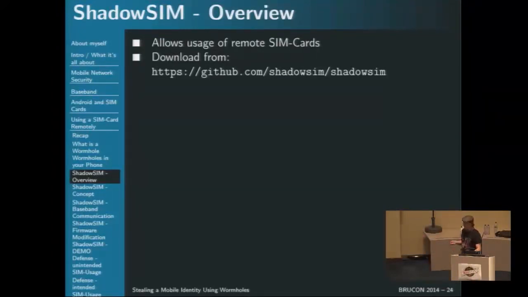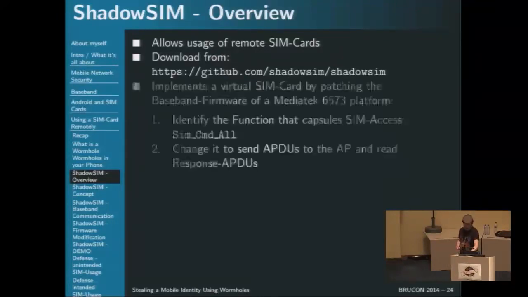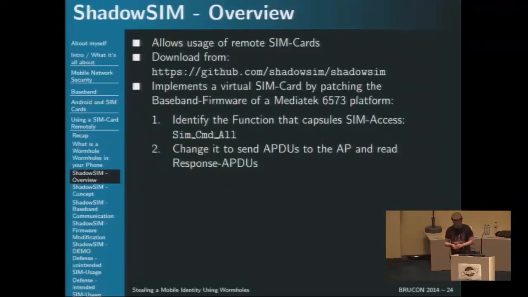It does not contain the full baseband file, but a binary patch, because I don't want to run into any legal troubles by distributing any intellectual property from MediaTek, so I just released the difference. It implements a virtual SIM card by patching the baseband firmware. The platform is a MediaTek 6573 platform. It's very